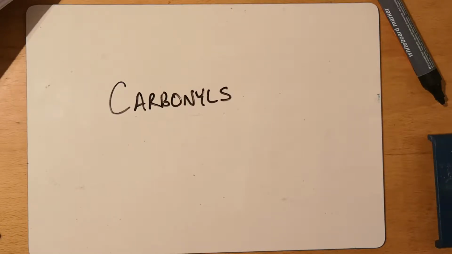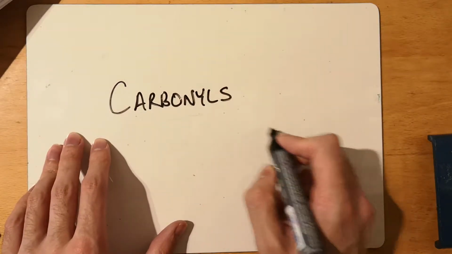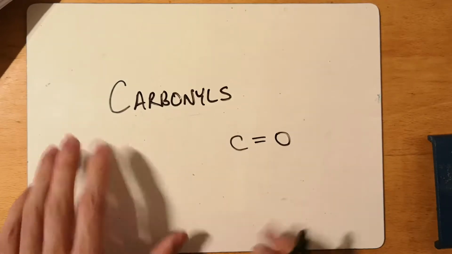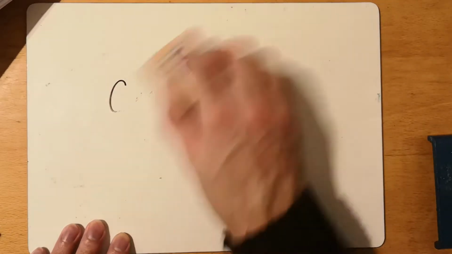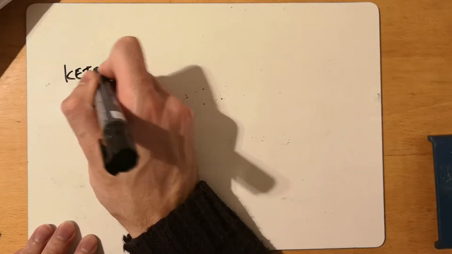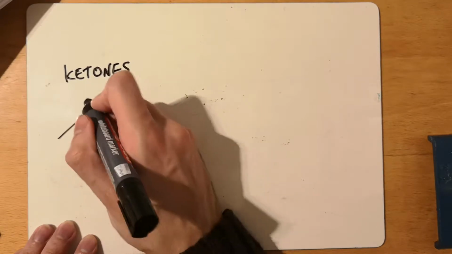Okay, in this video we're going to look at carbonyls. Now carbonyls, or the carbonyl bond, is a C=O bond, so that we call the carbonyl. And there are two types of carbonyls we look at. They are ketones, such as propanone,